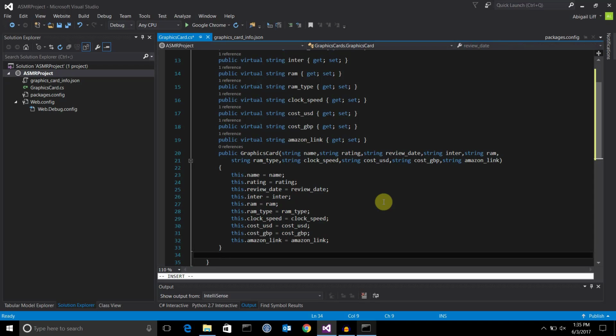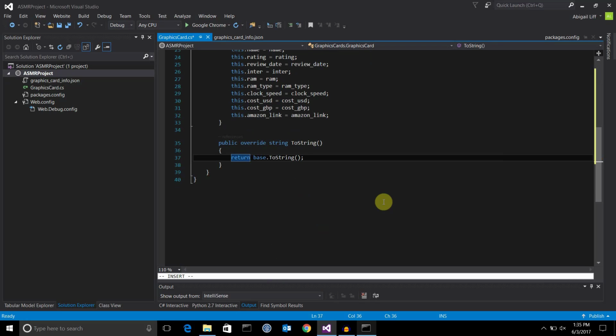So I'm going to do a public, oops, it's not so public, override toString. As you can see, Visual Studio usefully returned this basic framework. So I'm going to be returning a string,